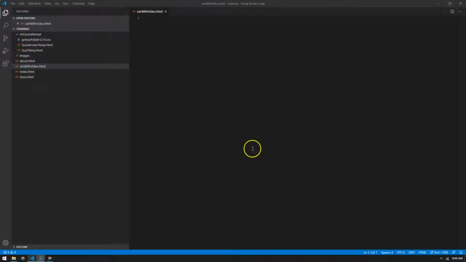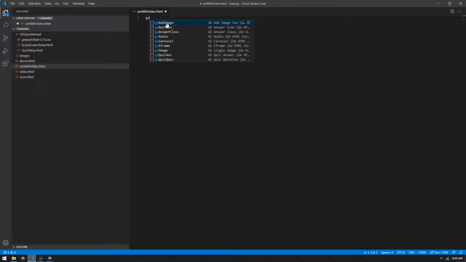Alright, so the help was with adding a YouTube video to a carousel with images, and from what I understand there's 2 images, a YouTube video, and then a 4th image. So a couple of things. We're going to do a carousel,